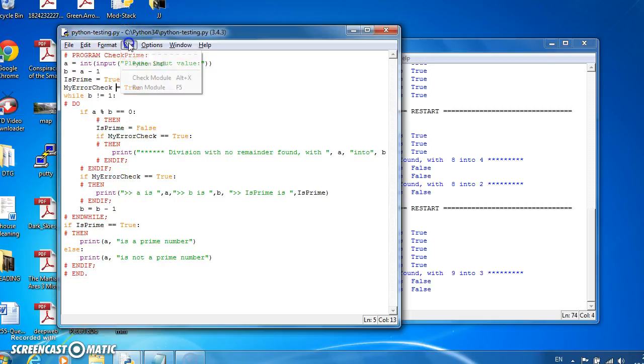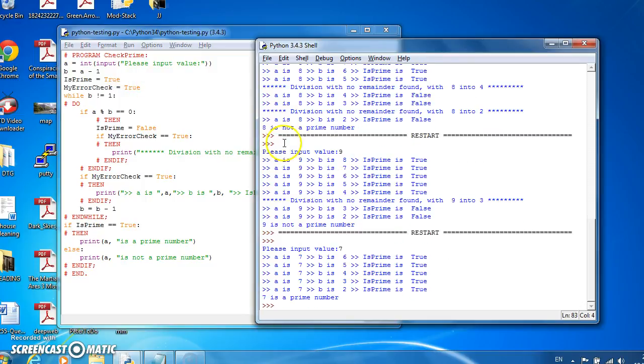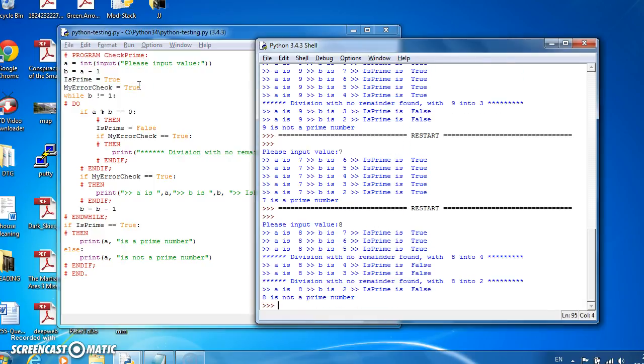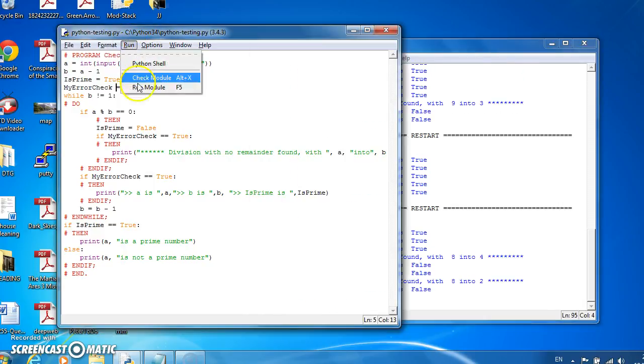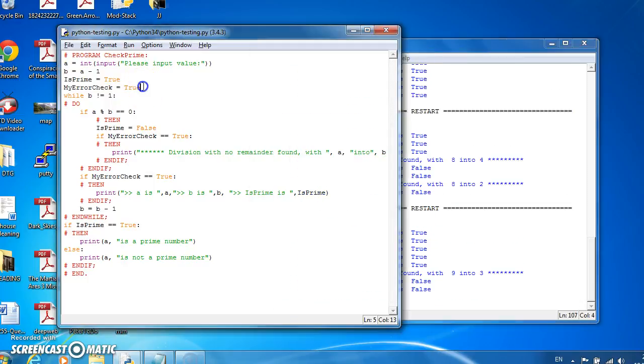So if we save it and run it, it gives us the exact same output as we just saw. Run for 9. But all we have to do is set myErrorCheck to be false and save that and run it,